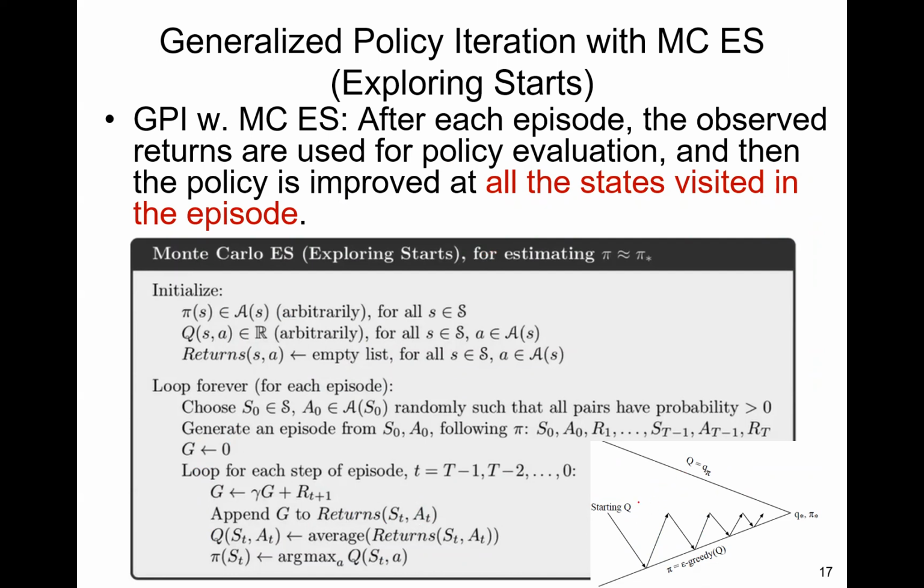You don't go all the way to a very accurate policy evaluation. Instead, you go halfway and just use the return from each episode. If you visit a certain state only once in the episode, there's no average. The average is over all visits to the same state in the same episode. And then you do a policy